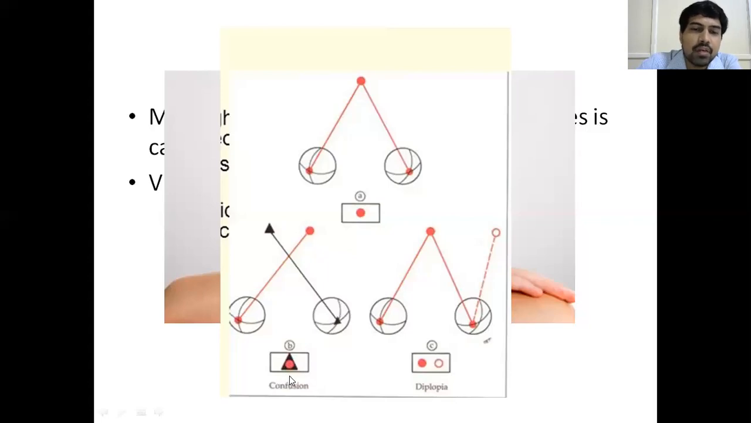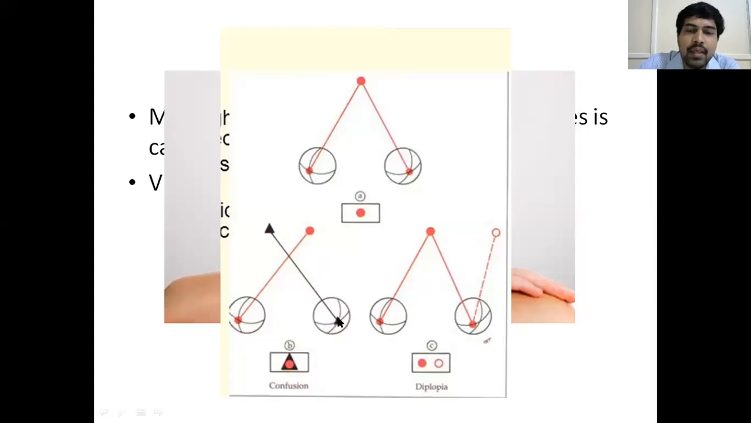So the brain gets confused as to what is the exact object, whether it is a triangle or whether it is a circle. The brain gets confused. This is called confusion. So practically it is never seen clinically. Usually this confusion is only a theoretical entity. So practically confusion is very rare, because when one different image falls on the fovea of the other, it automatically